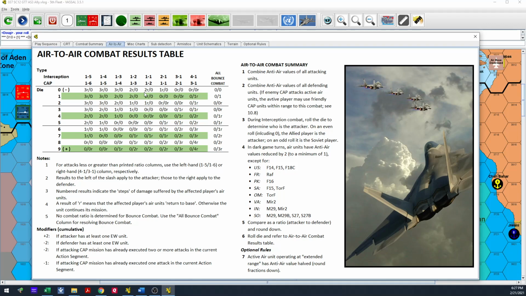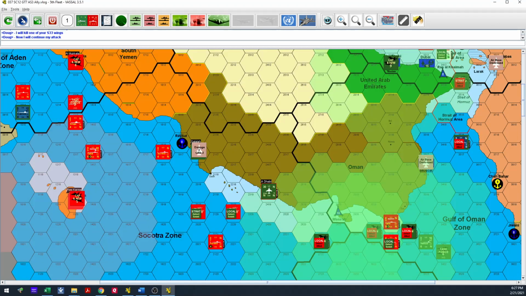Boom, boom, boom. So my bombers make it through. His cap is shut down, RTB'd. I kill one of his Su-33 wings, which weakens the Tbilisi's ability for combat air patrols. Such a great moment. My bomber will continue its attack, so we continue our flight now. Now that the air patrol over the Tbilisi is gone, I can fly in with my Mirages, and they have a 30 bombing strength. Truthfully, I don't see this being much of a success, but I wanted to bring my F-15s against his combat air patrol, because the next thing, now that these